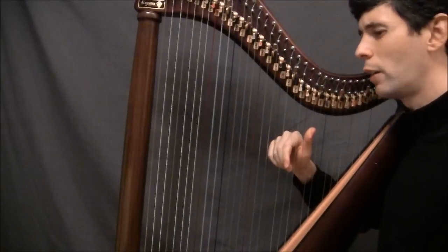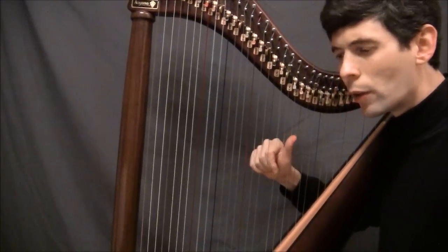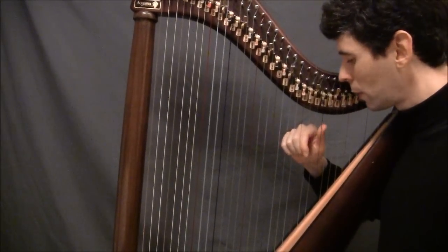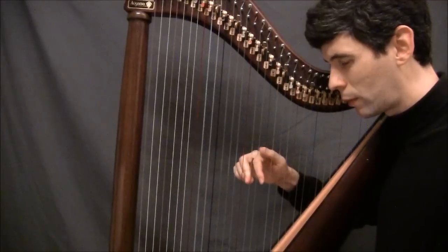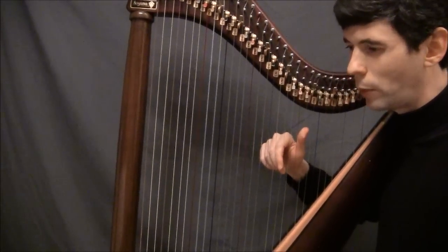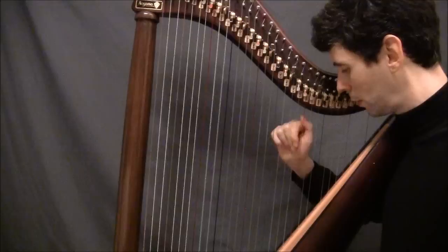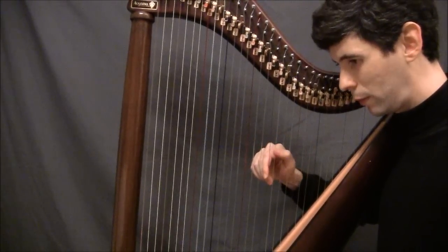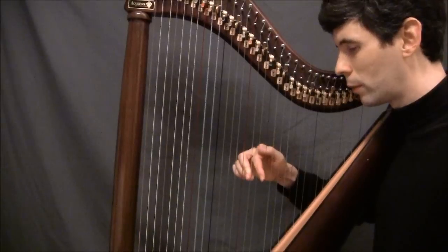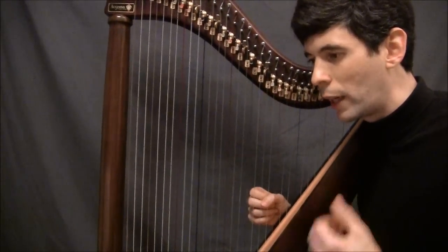So we have this, let's do that little section again. I'll do it one more time. So here everything's connected. And now all this is connected as well. So there's the right hand. The left hand is